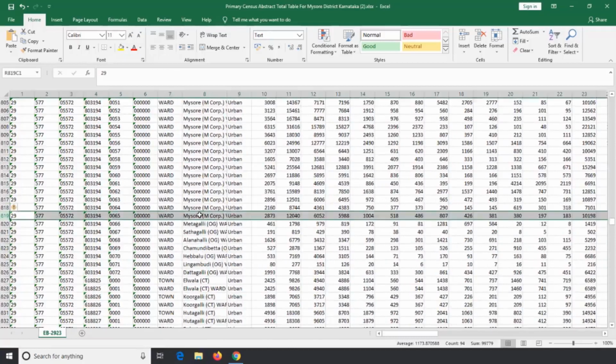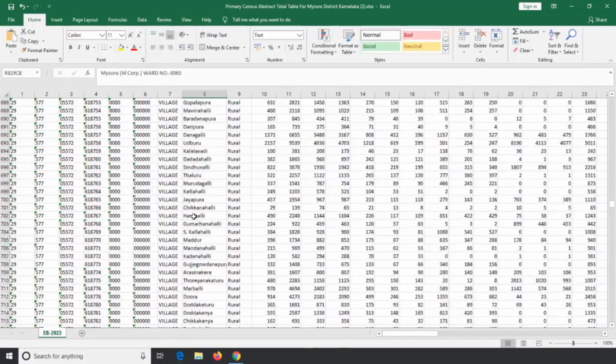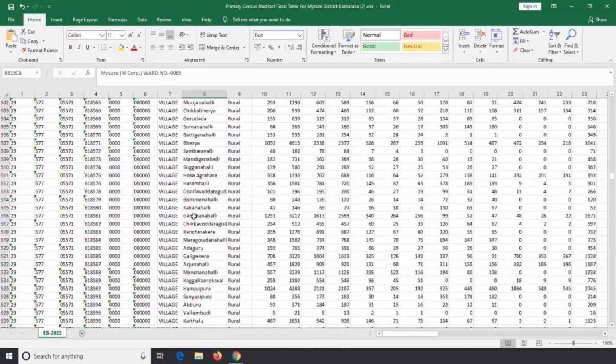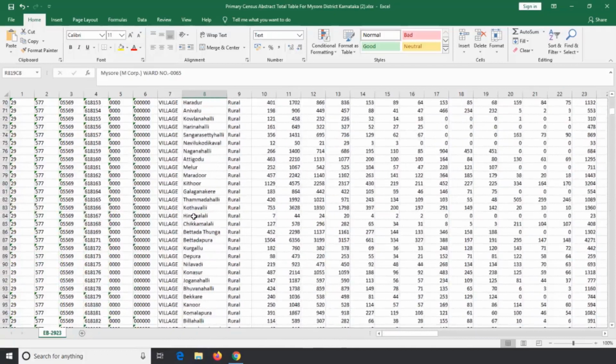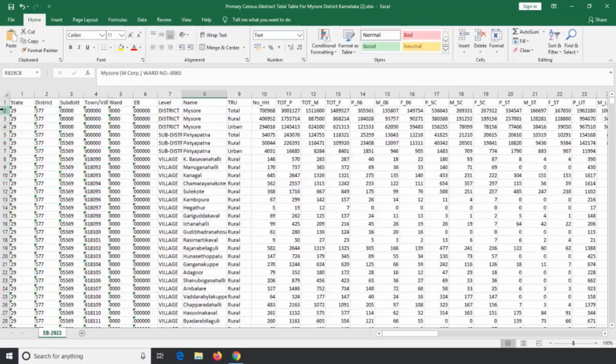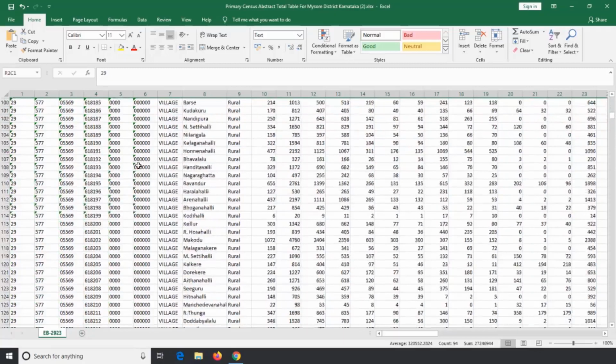We need information of only these rows and other rows should be deleted. To select the rows above 755, except the first row where the heading of information is available, I select row 2 by clicking on number 2 on the row index. Then I move to row 754.